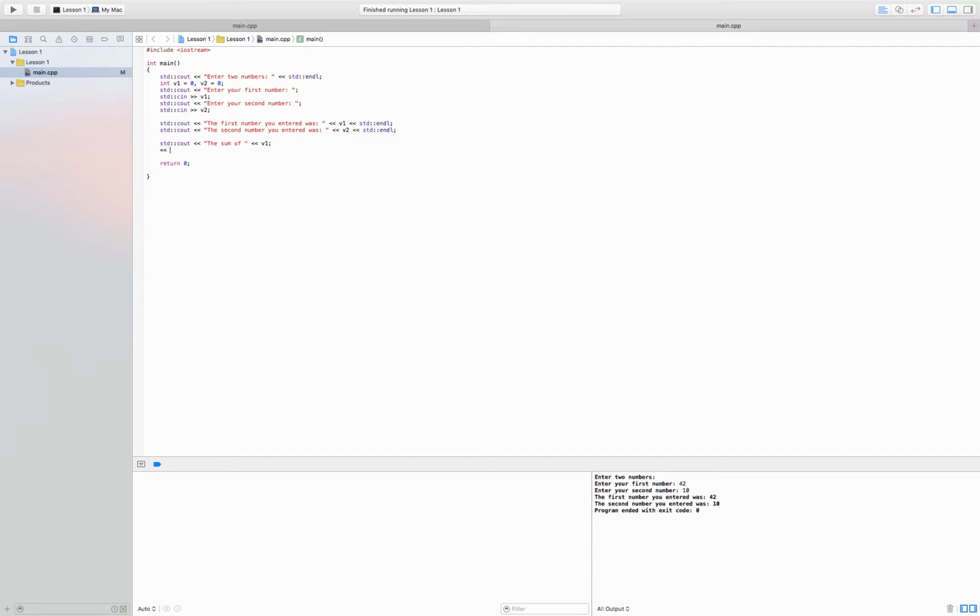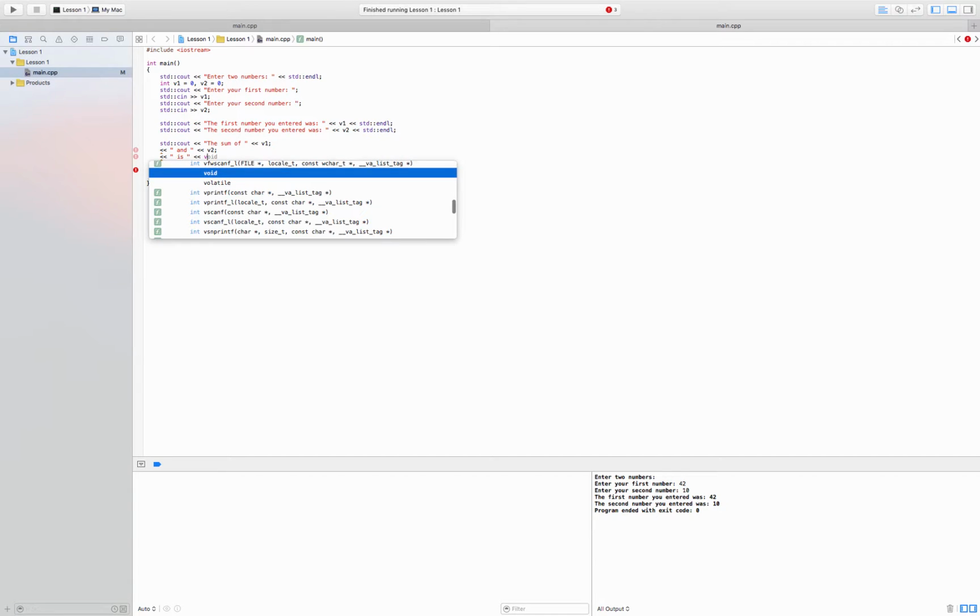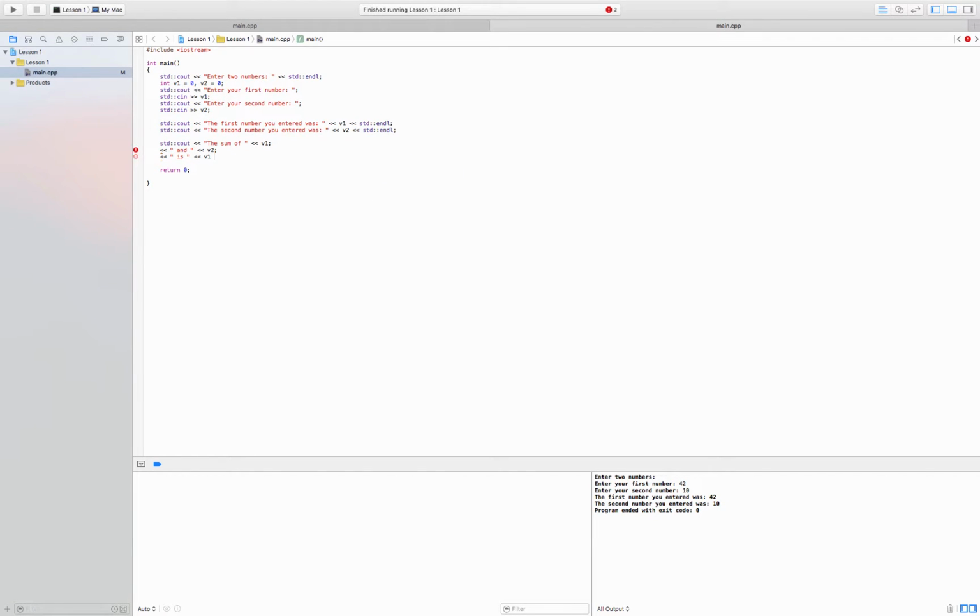But then on the new line we're going to start with that and go and v2, and same here, left v1 plus v2, left std::endl;